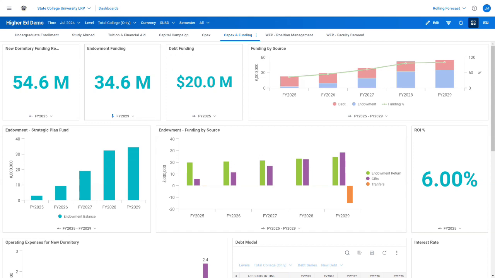Today we're going to be walking through the Workday Adaptive Planning, CapEx, and Funding dashboard in our higher education demo. Here we can see we have a new funding request for a new dormitory of $54.6 million. We're able to fund this through two different sources of funding, one being endowment of $34.6 million and the other